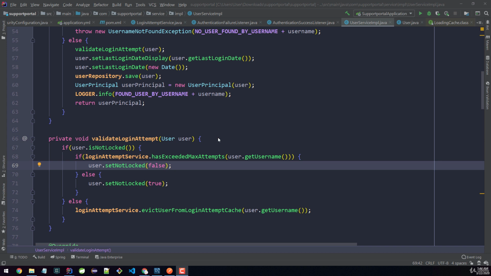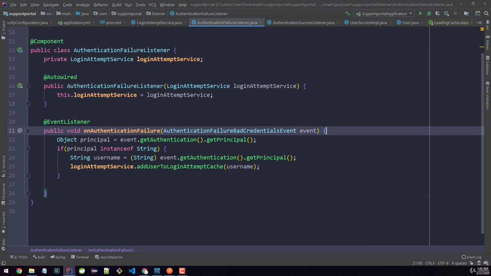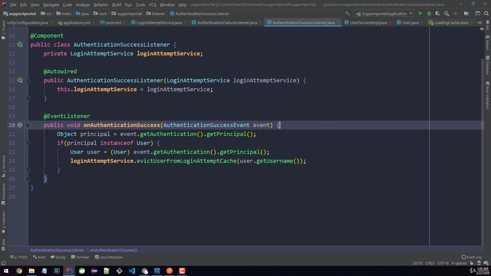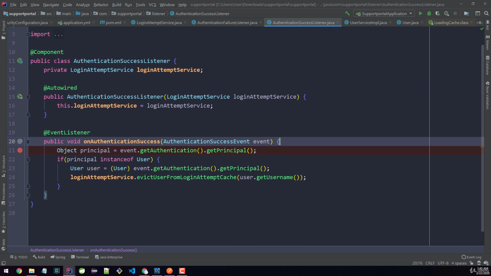So we're gonna go ahead and test this to make sure that it's working as expected. The first thing I want to do is to go into the authentication failure, and I'm gonna put a breakpoint right here on line 22, and then I'm gonna go into the authentication success and put another one right here on line 21. That way we can check to make sure that the actual execution is coming into here depending